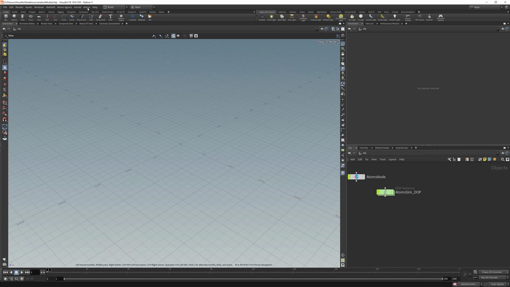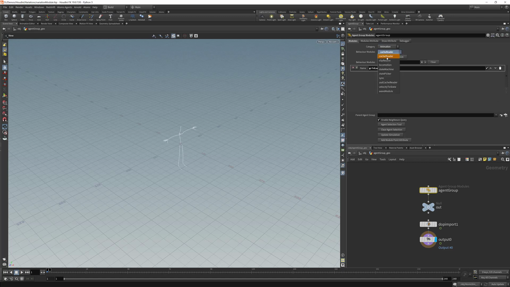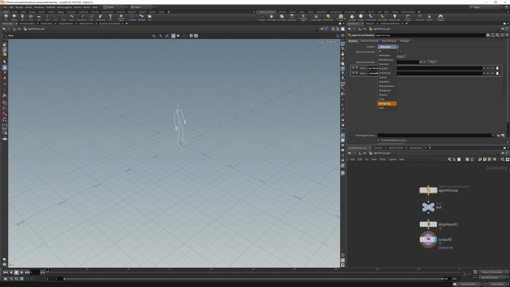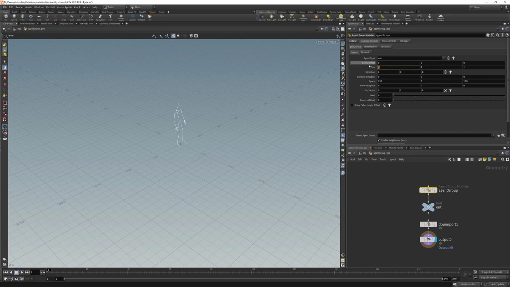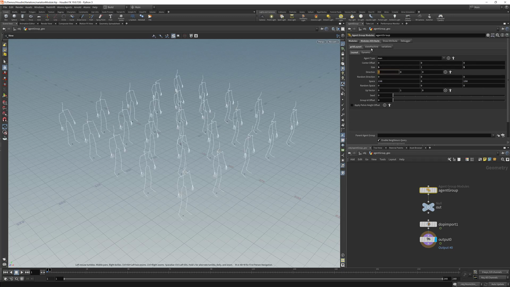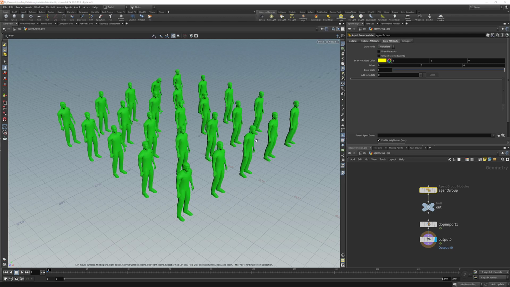So here now I'm going to create an agent group. And I'm going to assign a grid layout, a state machine, and the variations module. Here let me change the grid size to 5 by 5, and in the draw attribute I'm going to change the draw mode to variations. And now as you can see here we have all the agents being drawn in green,